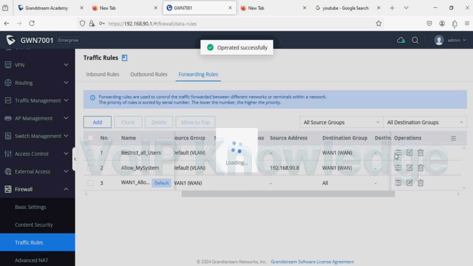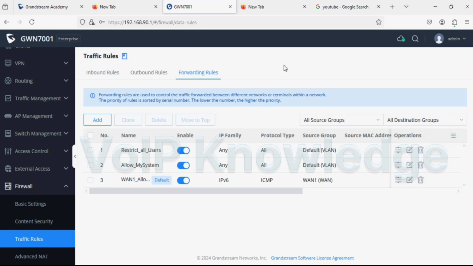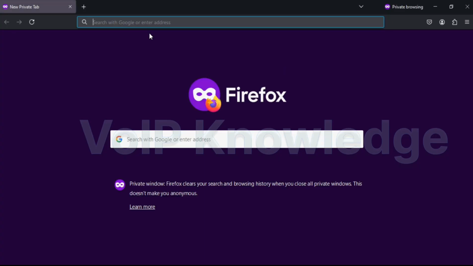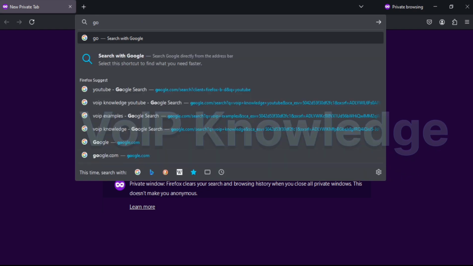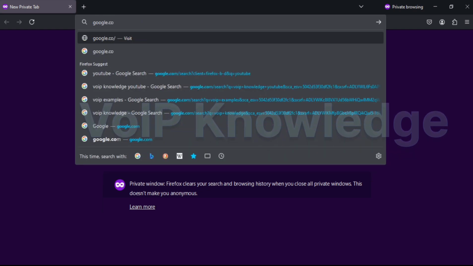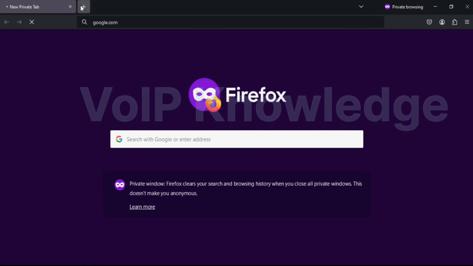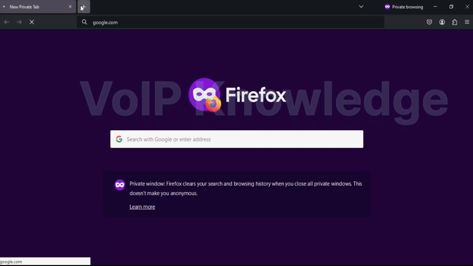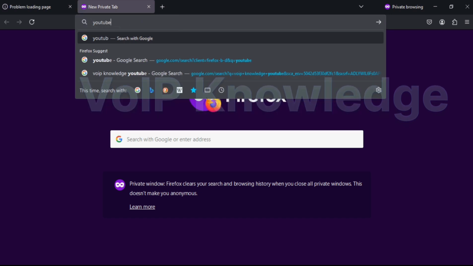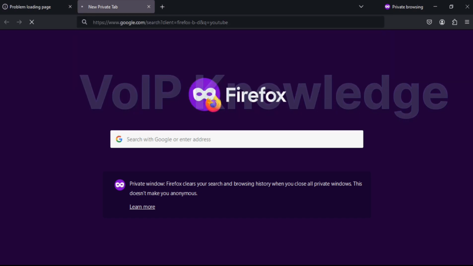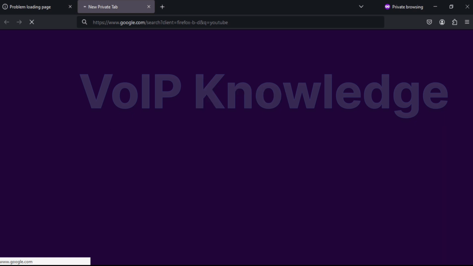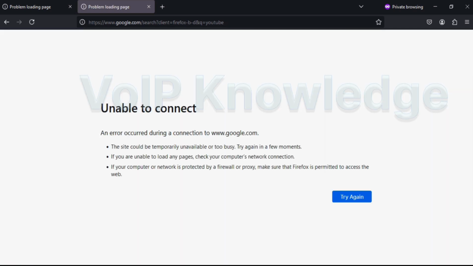So if you allow or disallow, the rule must be on top priority. So I now set the priority for restrict all users on top. So my system is also not able to access the internet. Now you can see Google is not opening here, and similarly if I access YouTube, then YouTube is also blocked. So this way we can allow internet for some specific users,